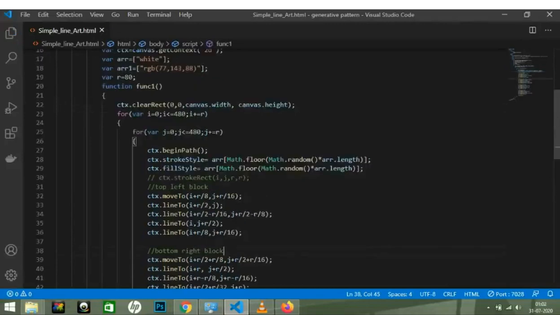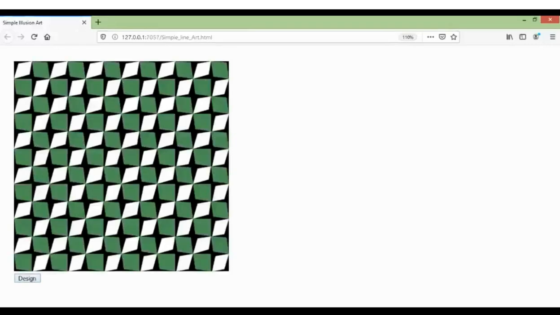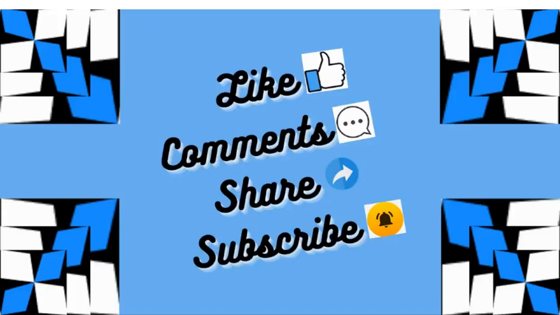Here I have used two colors to fill the block alternatively, defined in two different arrays. You can use as many colors as you want, but remember one thing, that for using any color in a particular part of the design, you have to keep that part of code under the beginPath and the closePath blocks separate. That's it. Our today's pattern is completed now. Hope you guys have understood whatever I have explained.